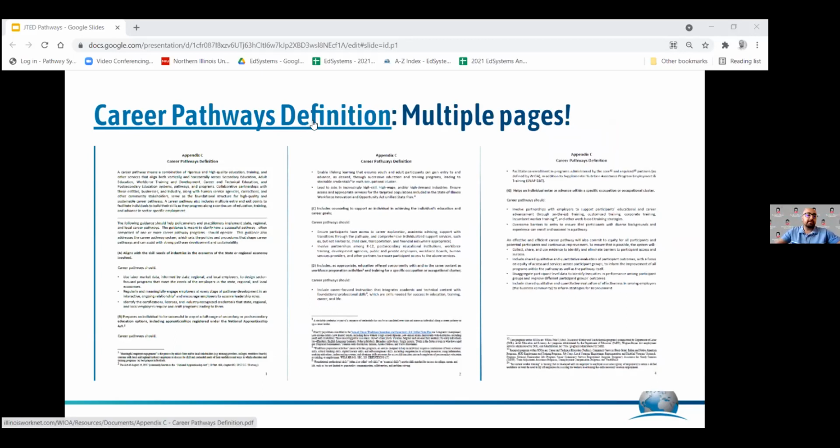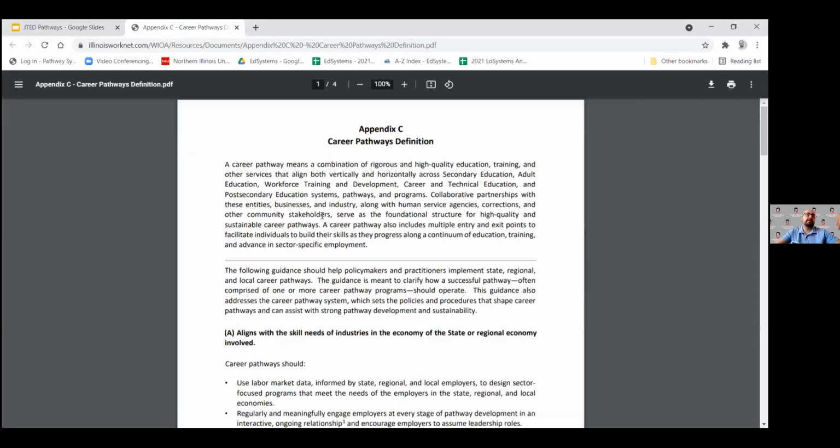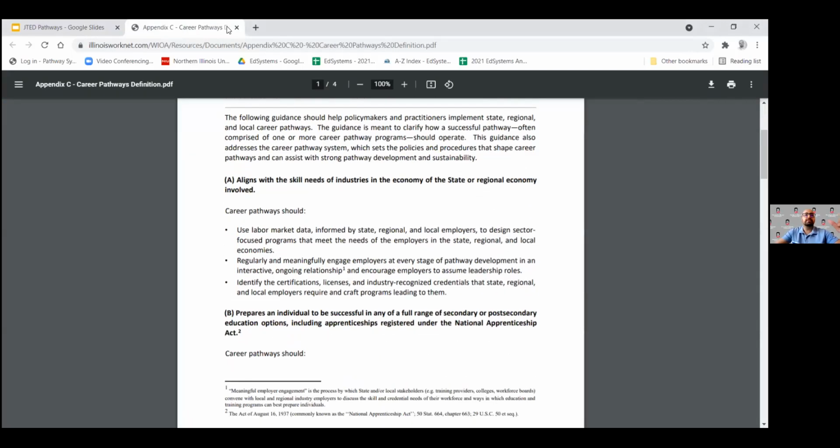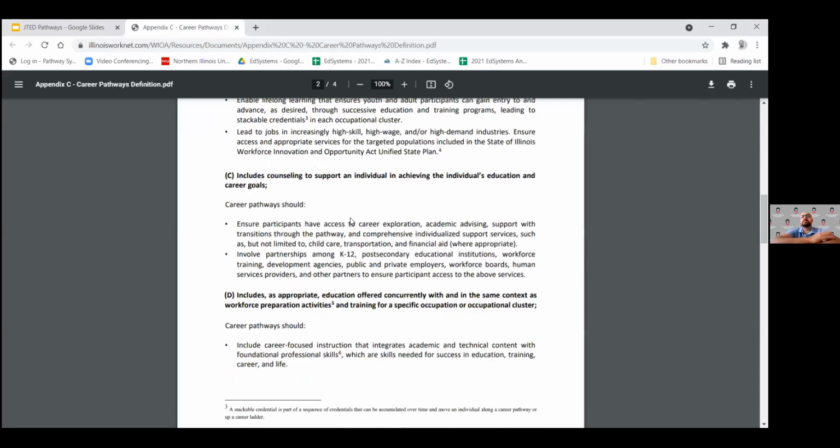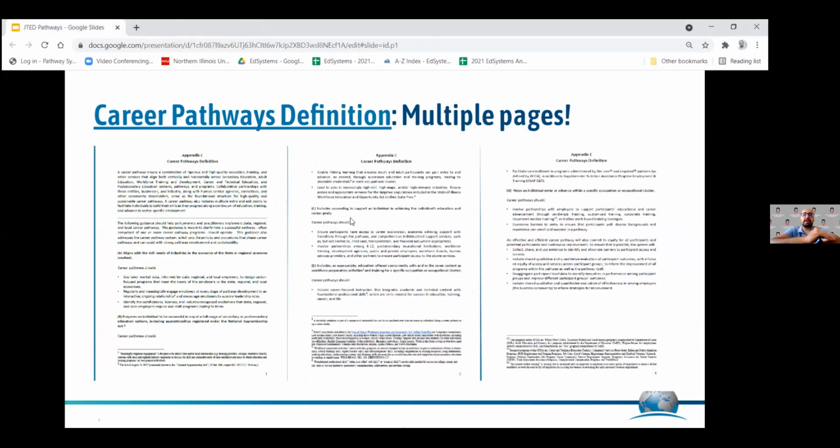If you click here on the hyperlink, you'll see that it comes up to the attachment and the career pathways definition. As you can see here, it's multiple pages, multiple line items, lots of complicated stuff. I encourage you all to click on this link and read that, but I'm going to give you some helpful frameworks that I think are a little more visual and a little more digestible as you create your program or apply to the NOFO and as you align to career